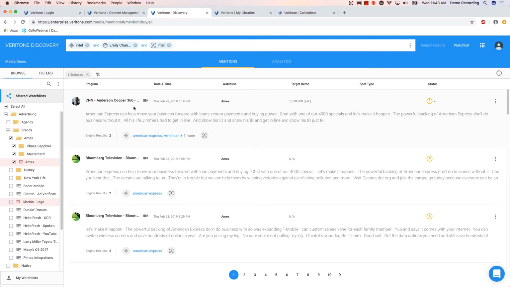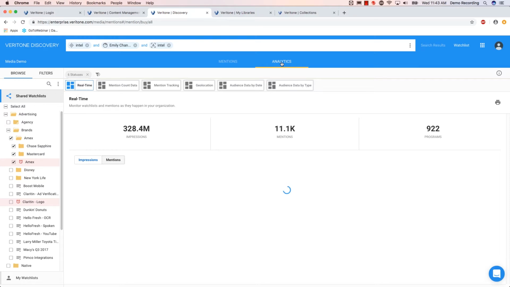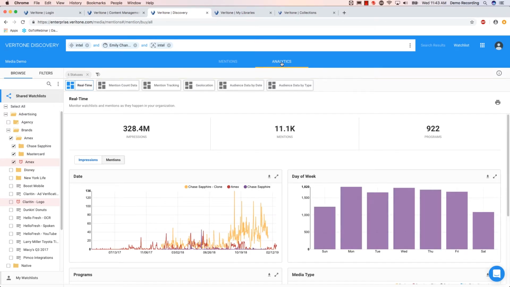The other thing that you can do with watch lists is run analytics. So we have some pre-built analytics inside Discovery. And I should mention a little bit, because I think Daniel mentioned earlier, the attribute app. The attribute app is a standalone separate app, which we'll show you at another time, which is all of these searches on steroids with a great deal more attention to attribution. But here, what we're showing you is for this particular Amex watch list, we are showing you right now your Nielsen impressions. And you can see we have various different pre-configured